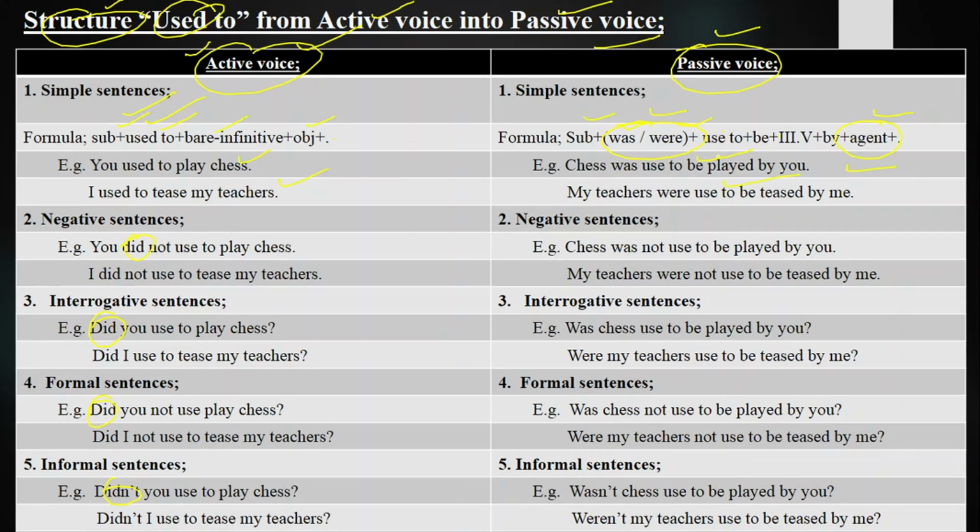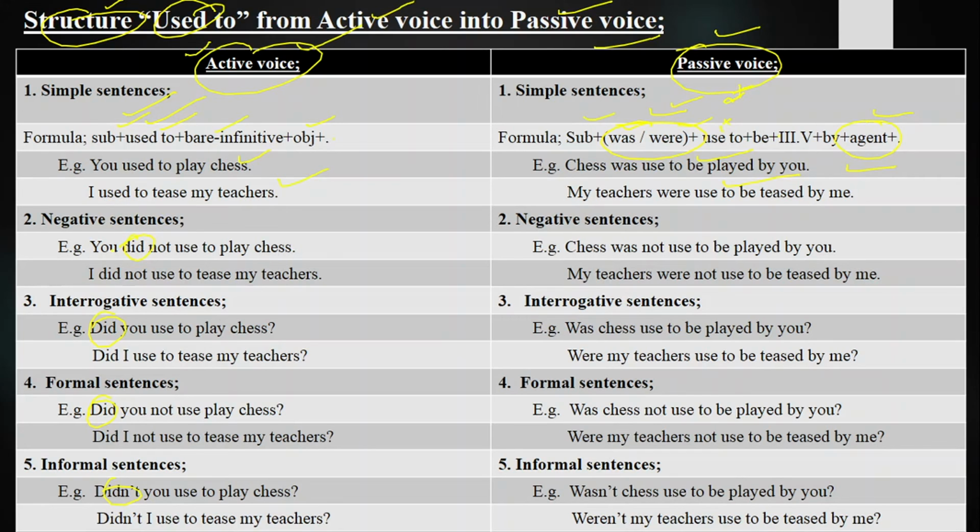And if you are using was and were again, then your d will be removed, because two times we cannot use the second form. Like we say, I played cricket. Cricket was played by me. I play cricket. I did not play cricket. So played is changed into play again because of did. So because of was and were, again it will be changed into first form. The d you will remove in passive voice.